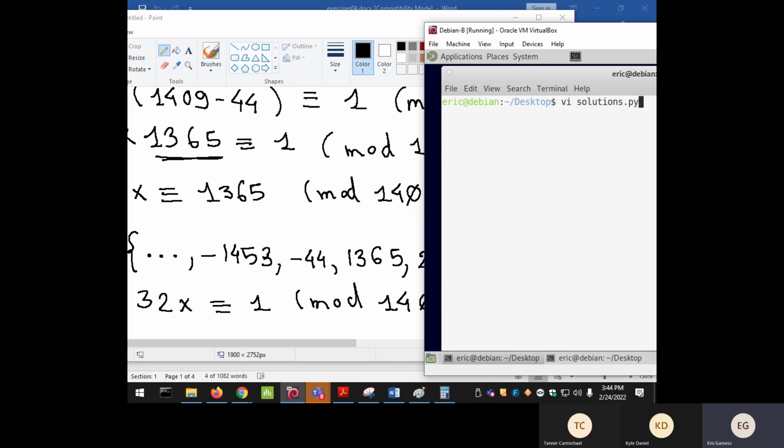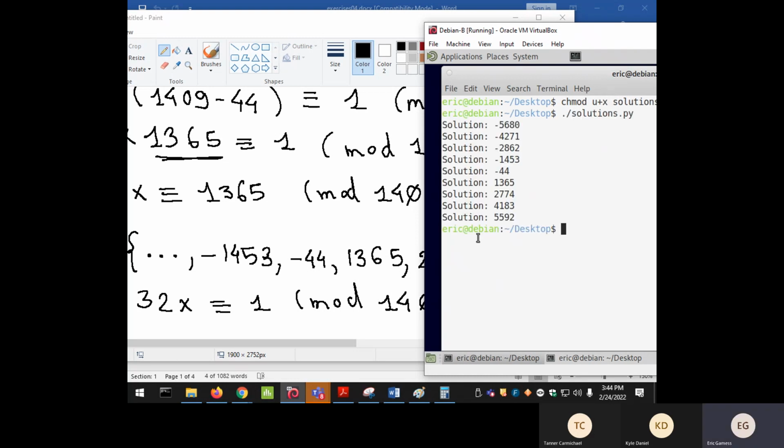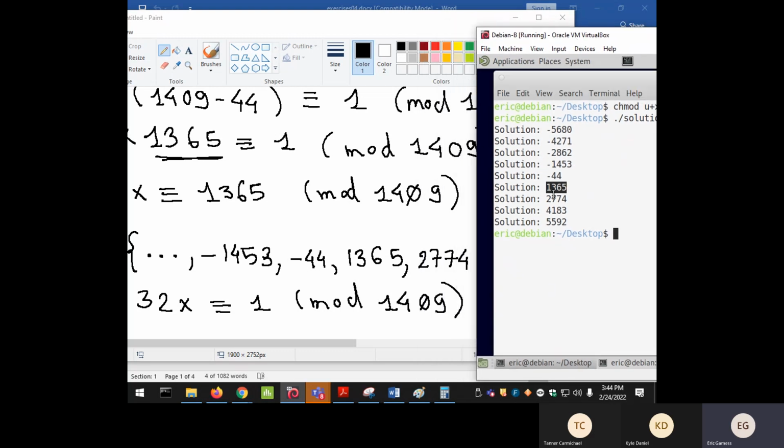So let me make it executable for me. Solution. Okay, so let's see. We have 1453. We did find it. We have negative 44. We did find it. We have 1365. We did find it. We have 2774. Okay, we could have kept going because it's all of them plus